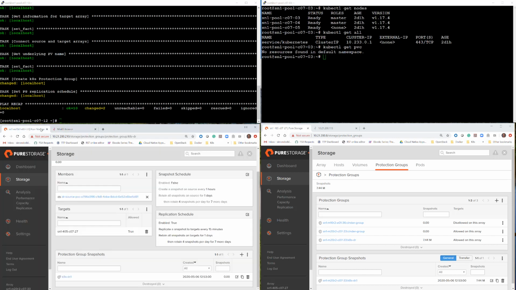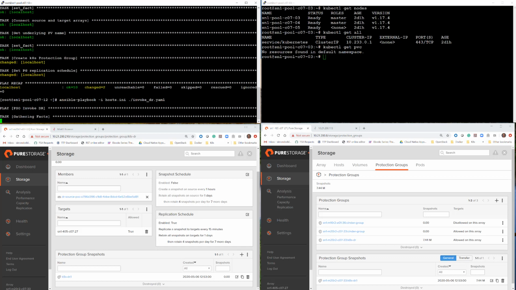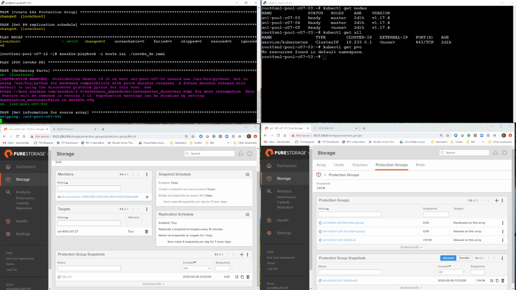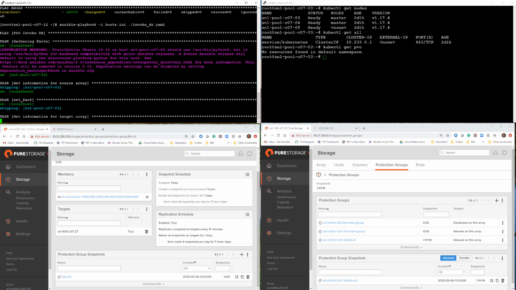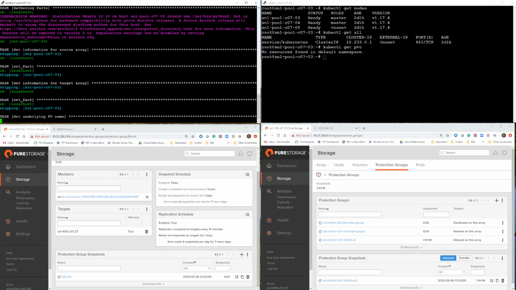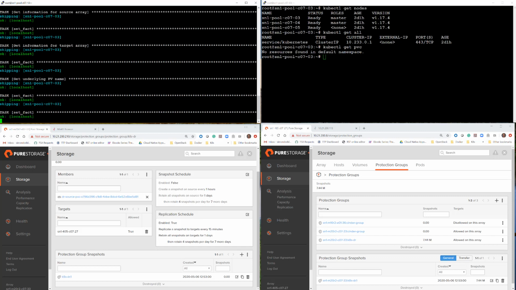What I'm going to do is tell Kubernetes via an Ansible playbook to take that. It's going to look at the persistent volume, find information out about it, look at that protection group, and find out which is the latest snapshot. On the target array, it's going to tell it to convert that latest snapshot